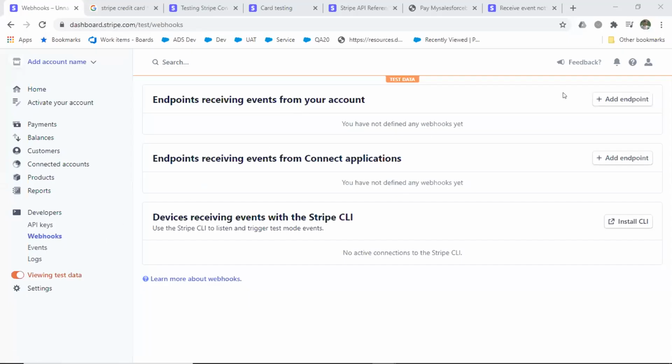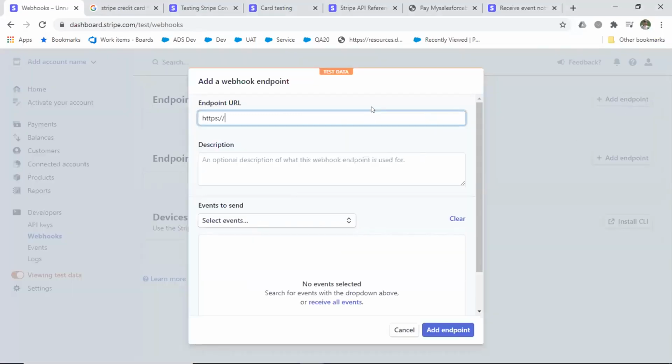Yeah, you can share your screen and you can explain. I'm just taking this call from mobile, Ashok. That is the reason. You can guide me. Okay, let me do that. So I'm in the webhook screen. Correct. So you want me to just click on add endpoint? Yes, add endpoint.